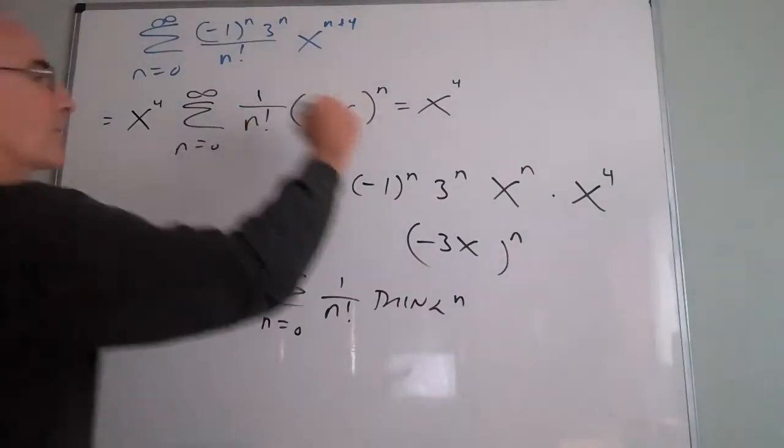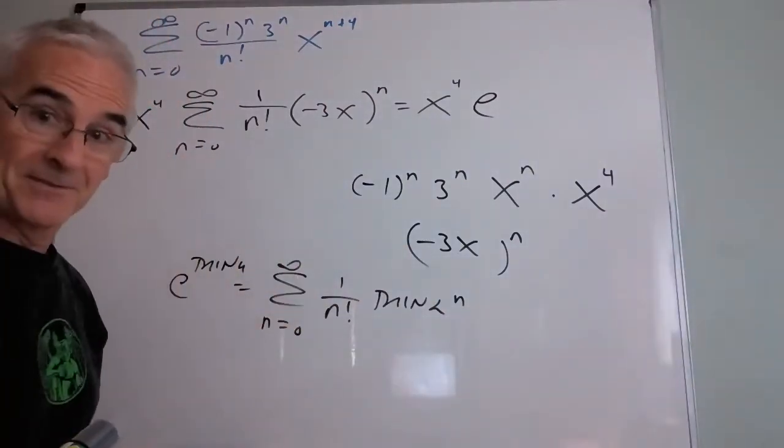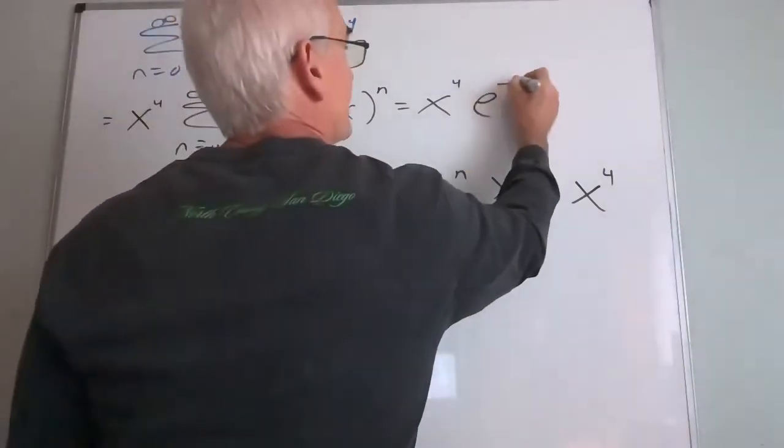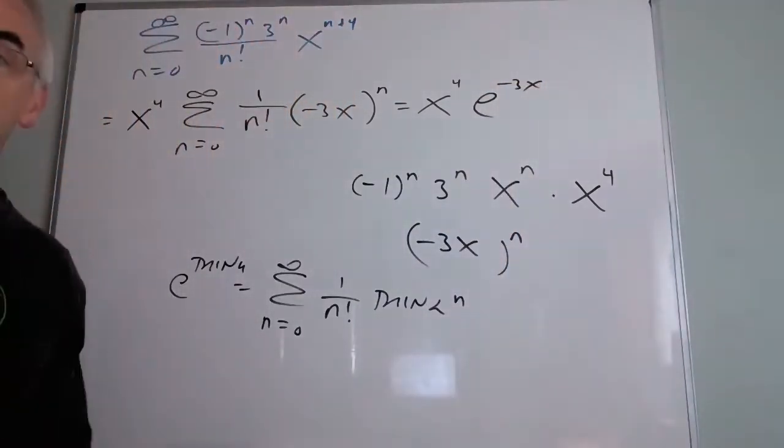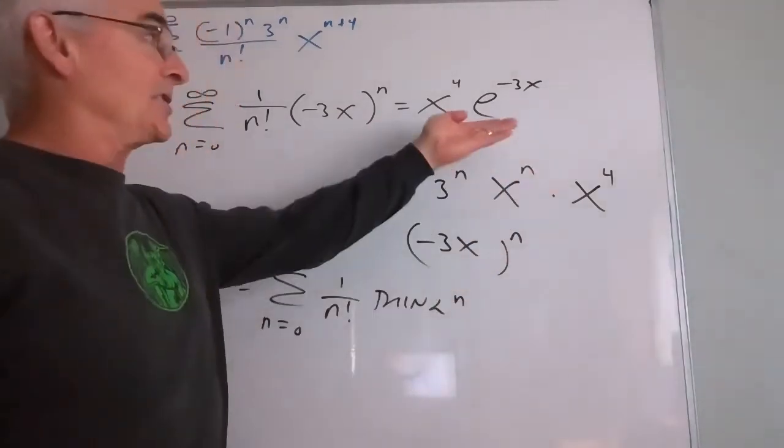E to the -3x, or 1 over. No, keep going. E to the negative 3x. That's it. You're done. Perfect. Now, if we worked backwards, the way I started, I said, okay, let's start with this and let's